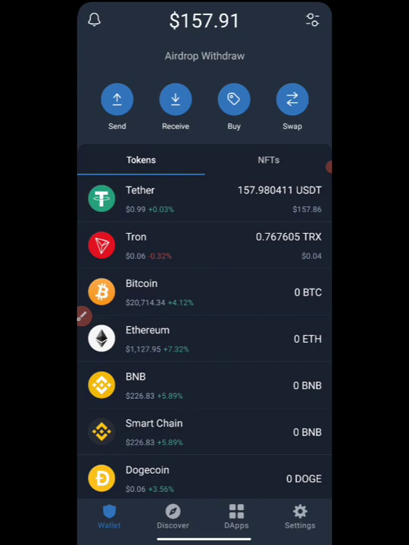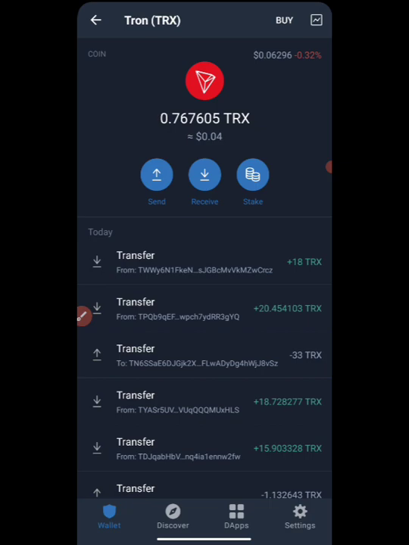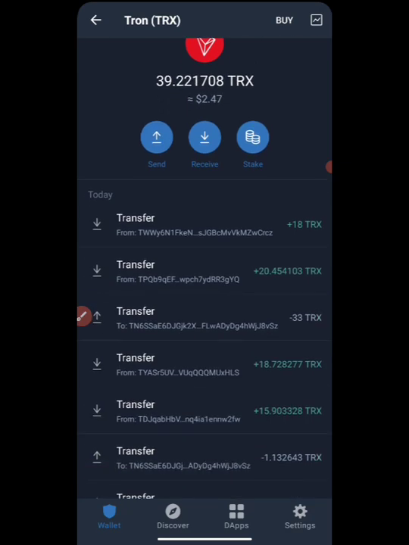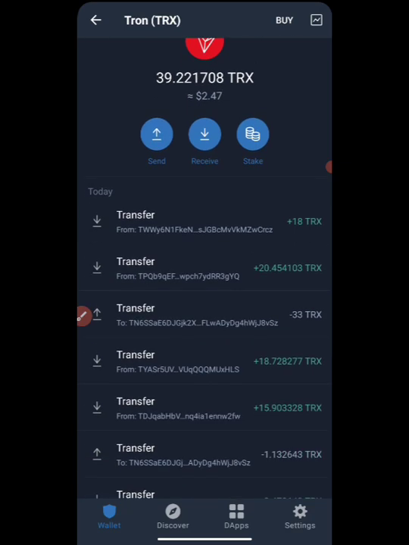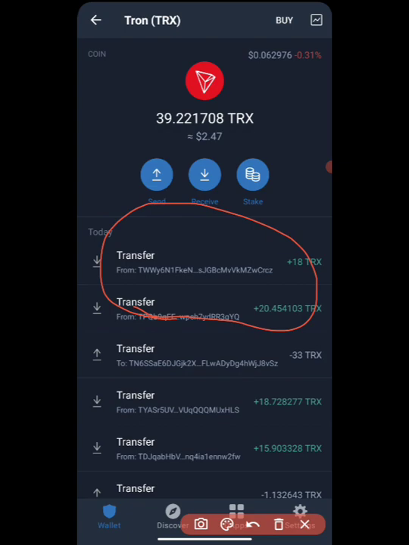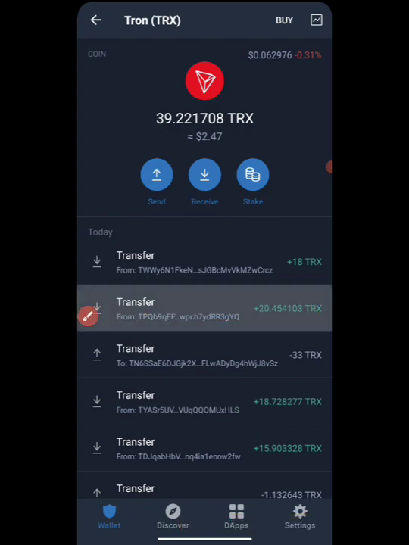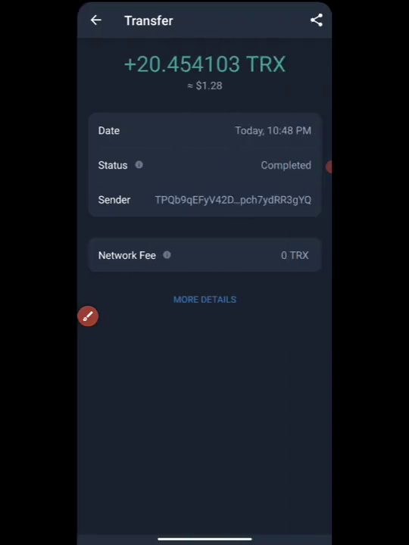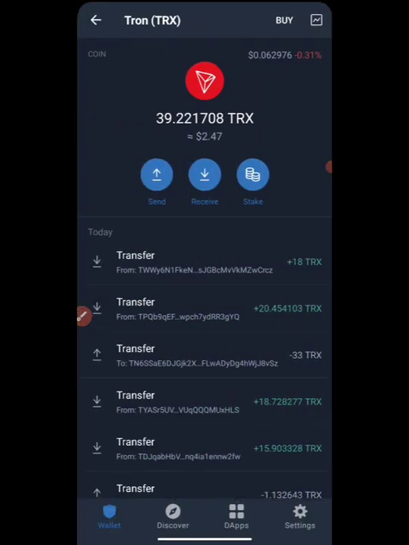And the TRX you input to withdraw this is very low. We're having about $1 worth of TRX, that's about 20 TRX right there. You can see another person sent another one right now. You can see 20 at the time of making this particular video. Again, someone sent another 20 TRX into this. So you can see I'm actually watching right there. Let's check out the time.